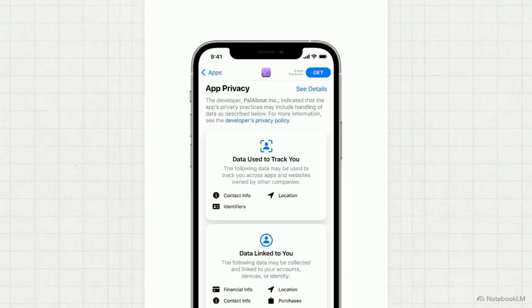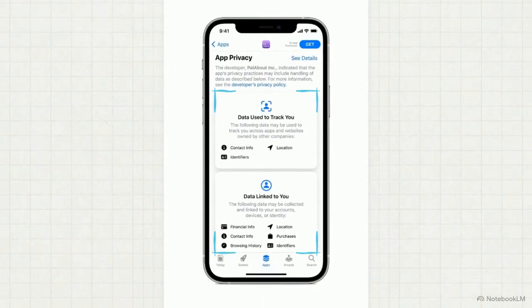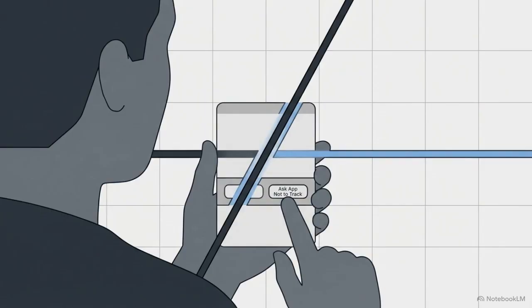The App Store also introduced the App Privacy section. This forces developers to publicly self-report their data practices, bringing transparency to a formerly opaque industry. These interventions don't destroy the digital economy. They force it to evolve by shifting the power of